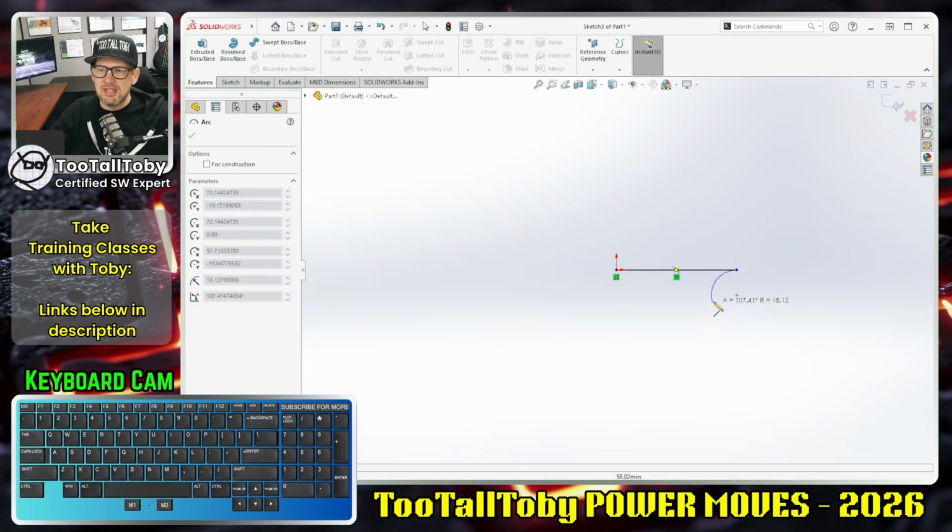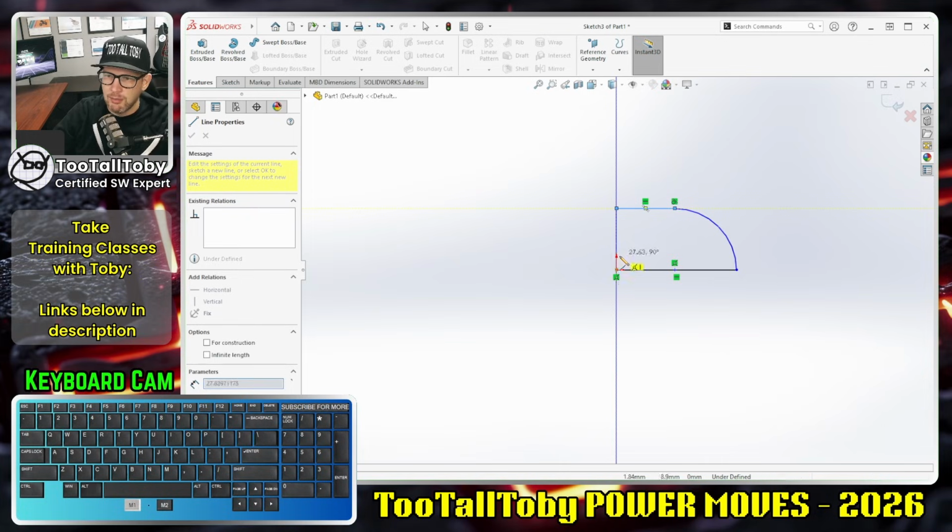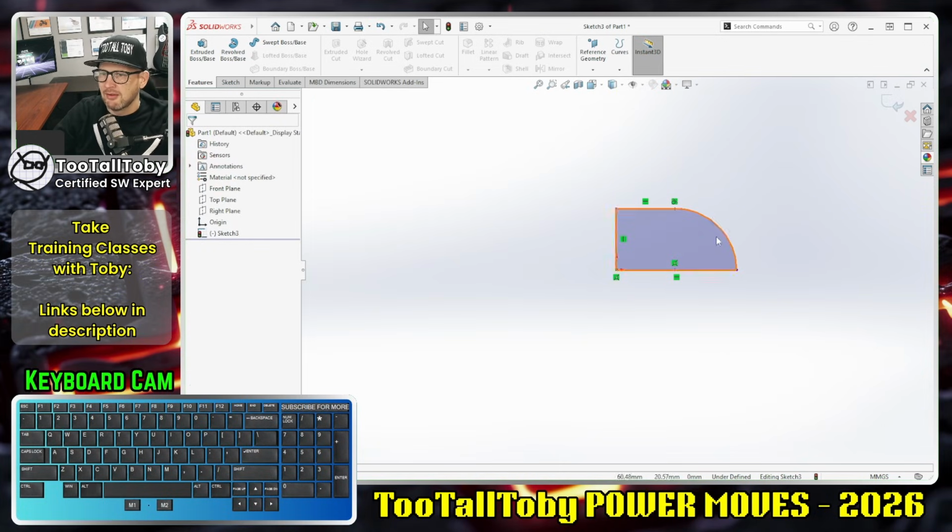Now, the way that you initiate that is you just put your mouse over this end point, and then whichever direction you move away from the end point, that is what dictates the direction of tangency. So again, if you were trying to create something that was going to be revolved and you wanted that shape to be revolved about the center line so you end up with a spherical end point here,